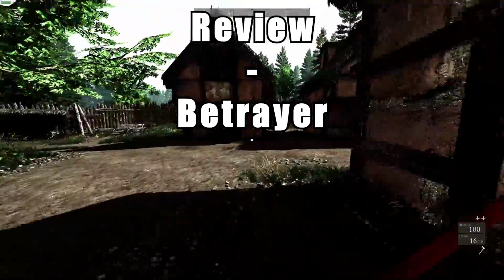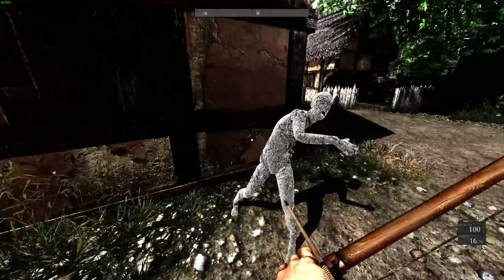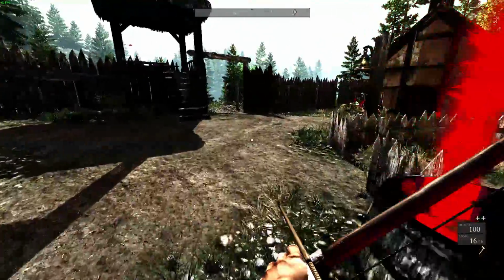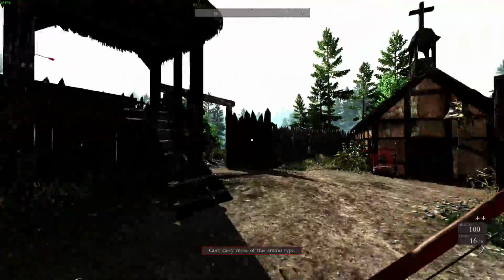This is Betrayer for PC. This is a first-person shooter developed by Black Powder Games and released in March of 2014 exclusively for PC, and it's interesting for a couple of reasons. The first of which is the very unique art style, which I will get to when I get to the